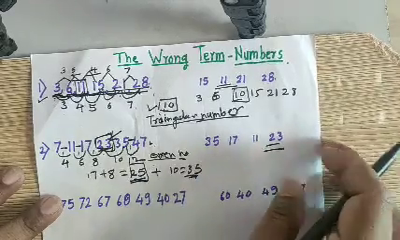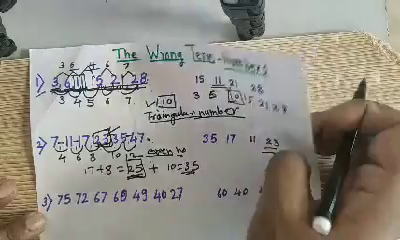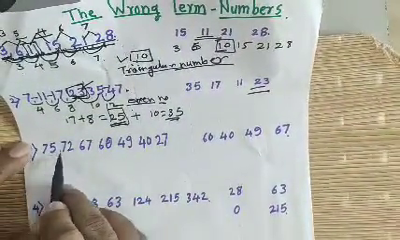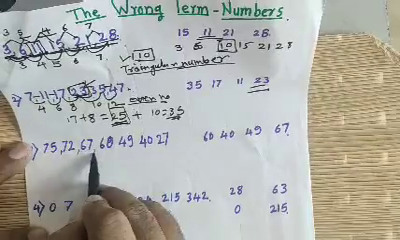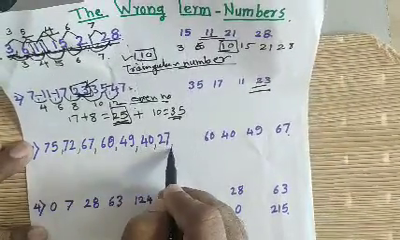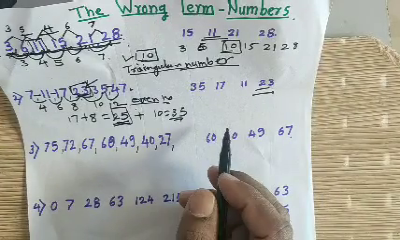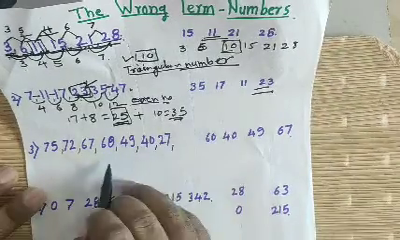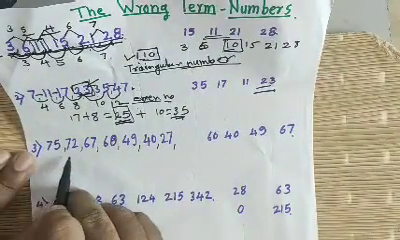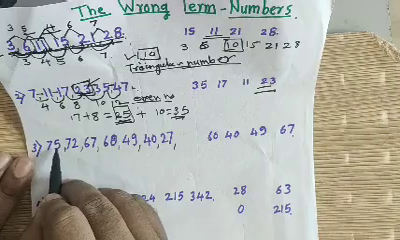Okay, the next example is 75, 72, 67, 60, 49, 40, 27. In this number series we can identify that the differences between the terms are